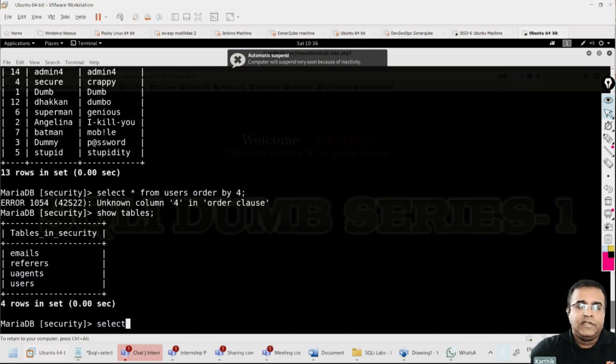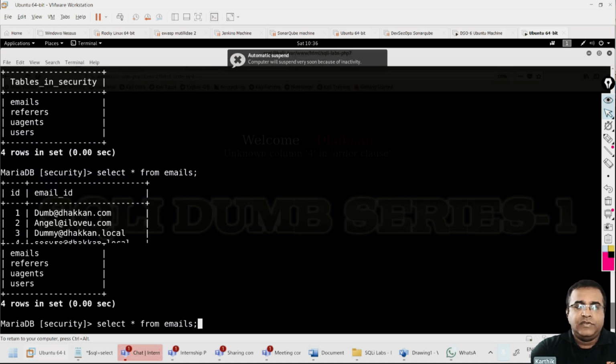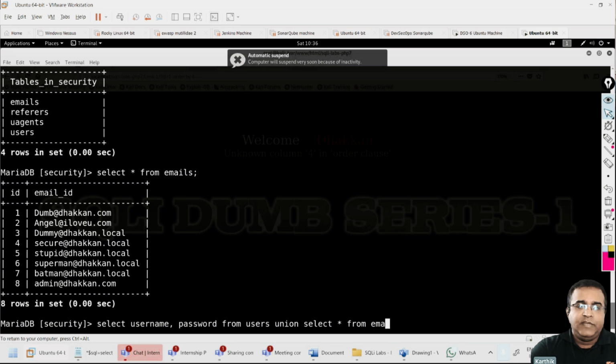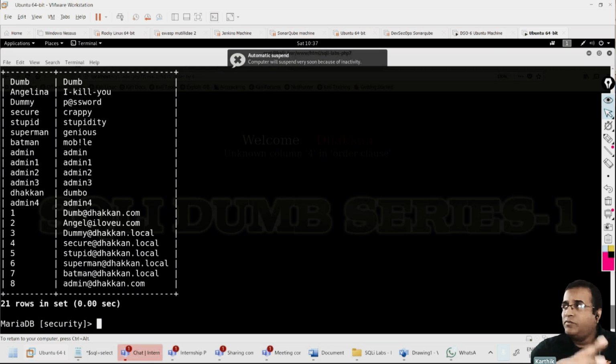If you go select star from emails, this is going to show the ID and the email ID. Okay. So now I can give select username, password from users union select star from emails. Okay. This is going to show me the combination. You can see both the tables are combined and it is going to print both of them.